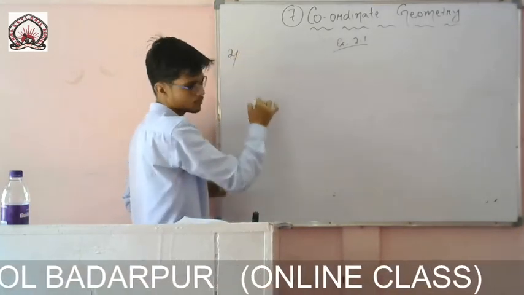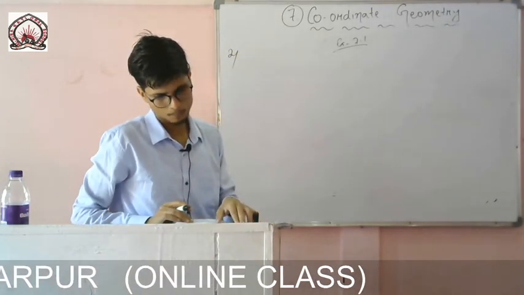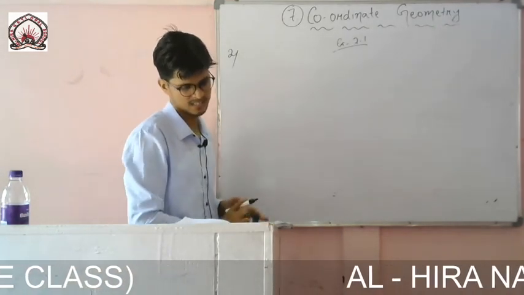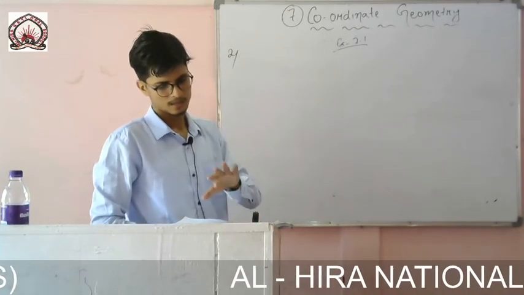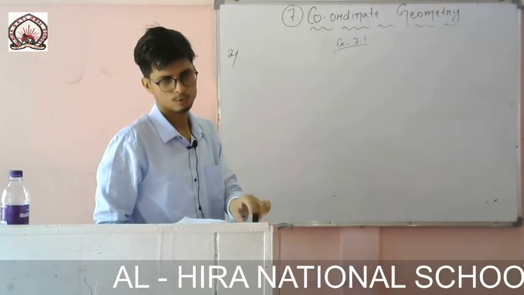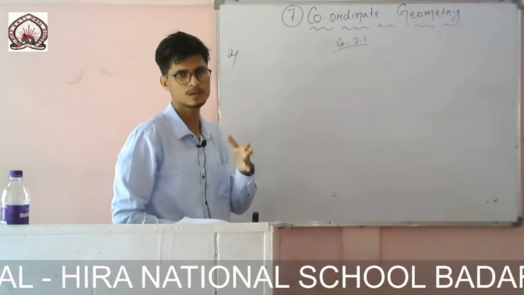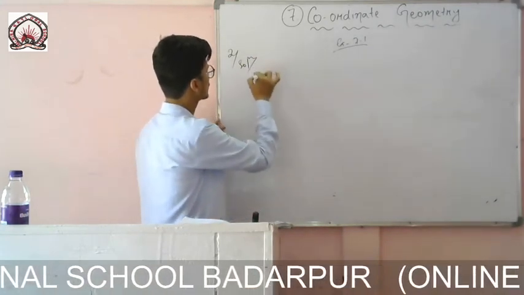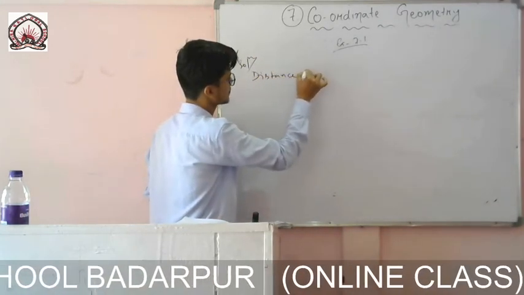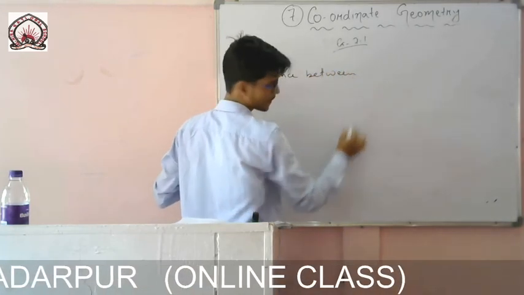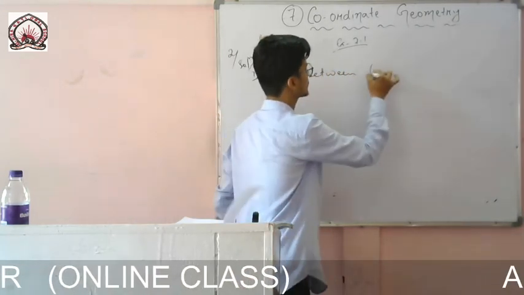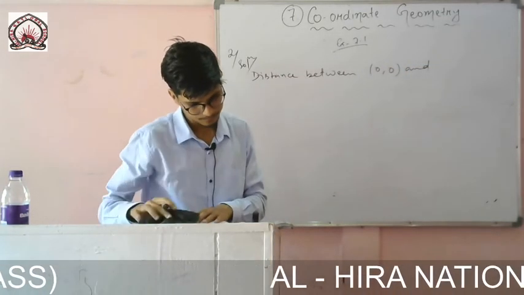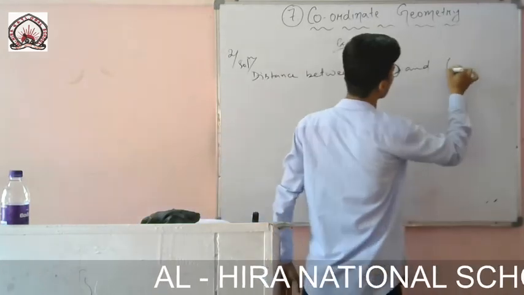So question number 2, find the distance between the points. These 2 points are given. First of all let us find the distance, then we will name them, because later another part is given where both the points are named as A and B. So later on we will relate it. First of all, directly let us find the distance between the 2 points. One is 0, 0 and the other is 36, 15.